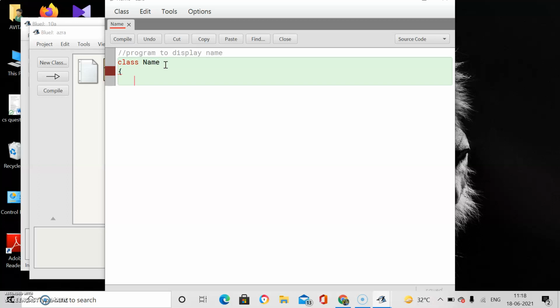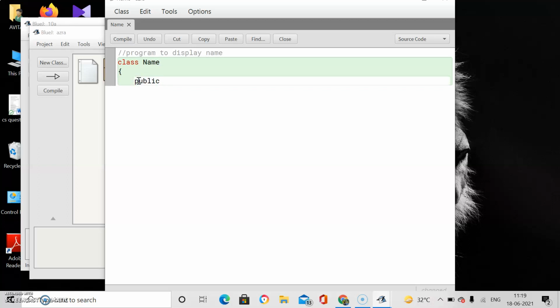My name is Shweta. So for printing this message I do not require any data. That is why I am not going to take any data variable. Any data member is not there in this program as I don't require that. But what is a must? Function. Whatever you will be doing will be within a function. Within a class there will be a function, and within the function you will be writing the set of statements you have to execute.